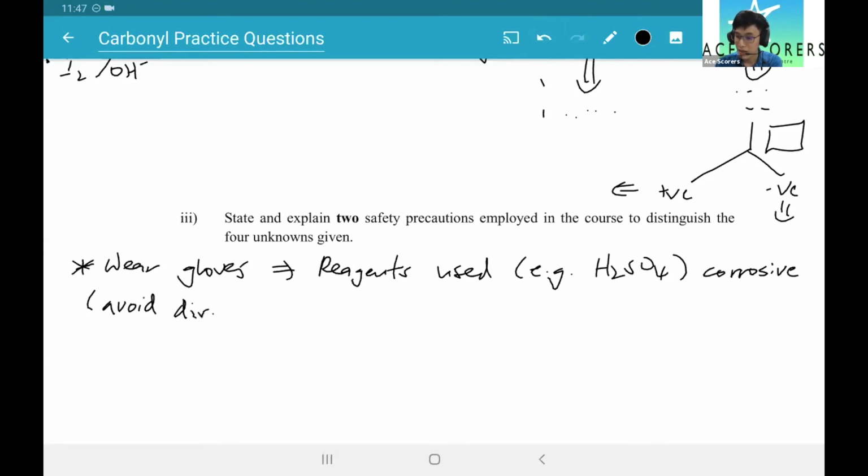Then how about Kelly Ann? What precaution did you give? I didn't know what to write. No, you just think in terms of the lab. Like, okay, you do this experiment with this reagent and condition in the lab. What could you possibly face? What dangers, what hazards you face? Then based on the hazards, you think of the precaution that you avoid. How about Carries? I say carry out the test in a fume cupboard. Very good, because you got fumes of HCl. The fume is toxic. In fact, even if you don't have the fumes of HCl,